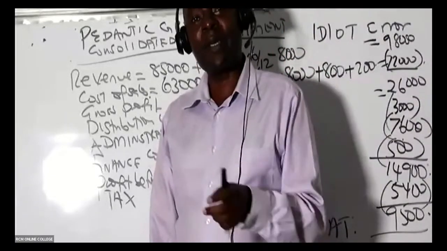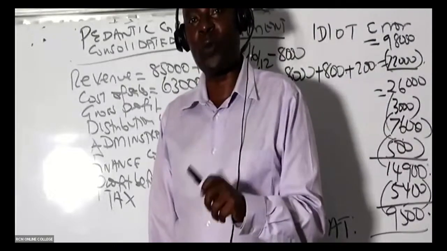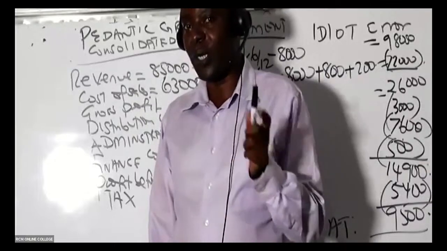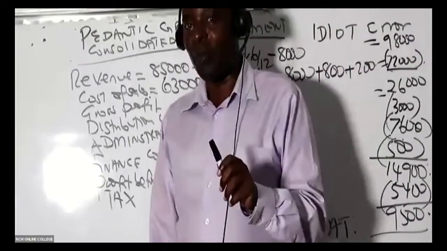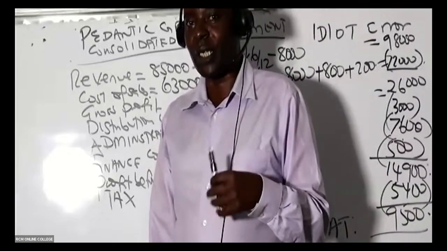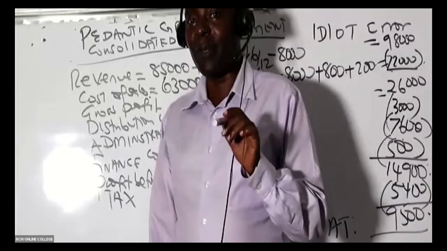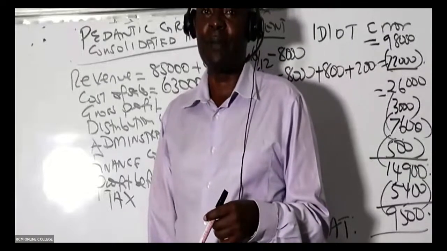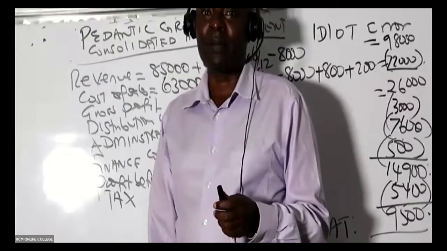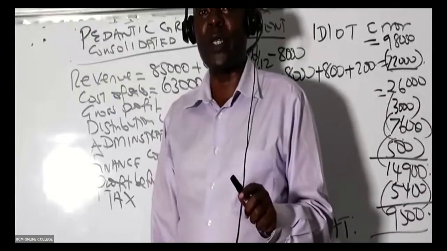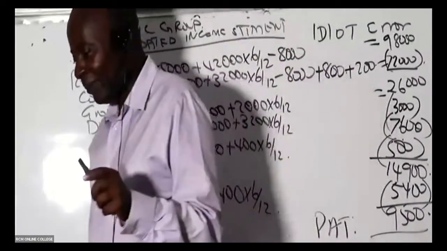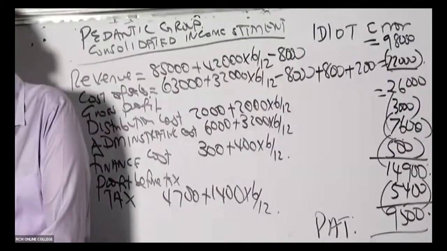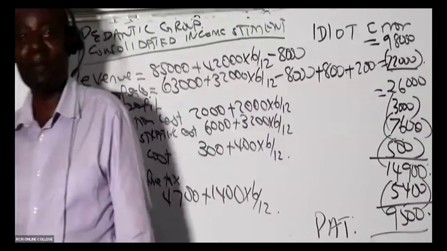All right. So the same case with these choruses of group consolidation. There are things that you'll always be like now internal sales. That one is a chorus: deduct. If there is URP, what do we do? Add to cost of sales. That's a chorus. If there is any depreciation on fair value adjustment, what do you do? You add like that. So those choruses, you must always remember them. Even when you are sleeping, try to remember those choruses.